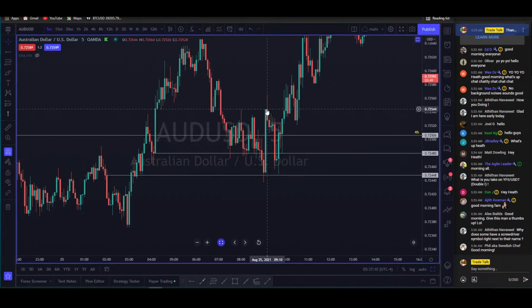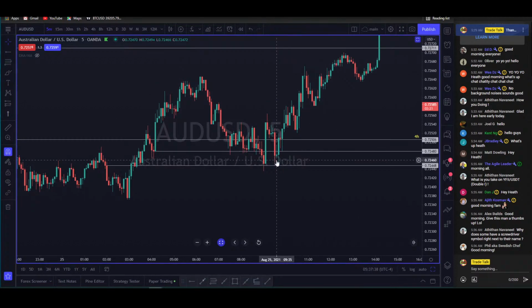So on this push up, I alerted people and said that I'm looking for a retest of this candle's midpoint. As soon as this thing pushed down on this right here, I market ordered in long, stop below this swing low, and I thought I was going to get stopped out because it just kept going down and down and down. And that's when I noticed the time. It was 9:30, and I was like, well, it's probably not going to work out. But it ended up working out, right?